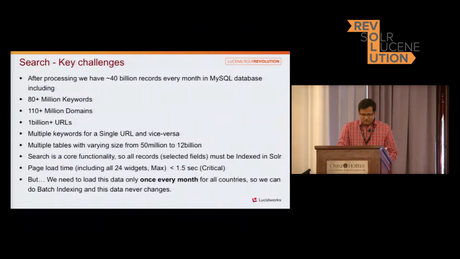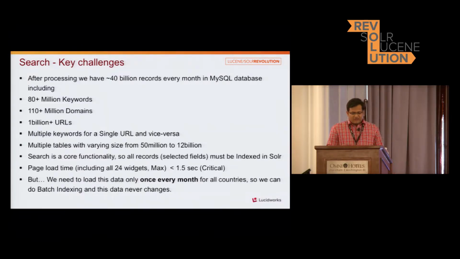So the overall issue is that in our dashboard, we have around 24 widgets, and for each widget, we make a call to the backend using JavaScript, that is jQuery. So we have 24 widgets, and each widget makes a call. Whenever a single user makes a search, we are going to have 24 queries, and the whole response time, including whatever we do in the backend, including search or database lookup, should be less than 1.5 seconds for all widgets. That's very critical for us, because if it takes more time, the user is not going to make another search, or he will quit the portal.